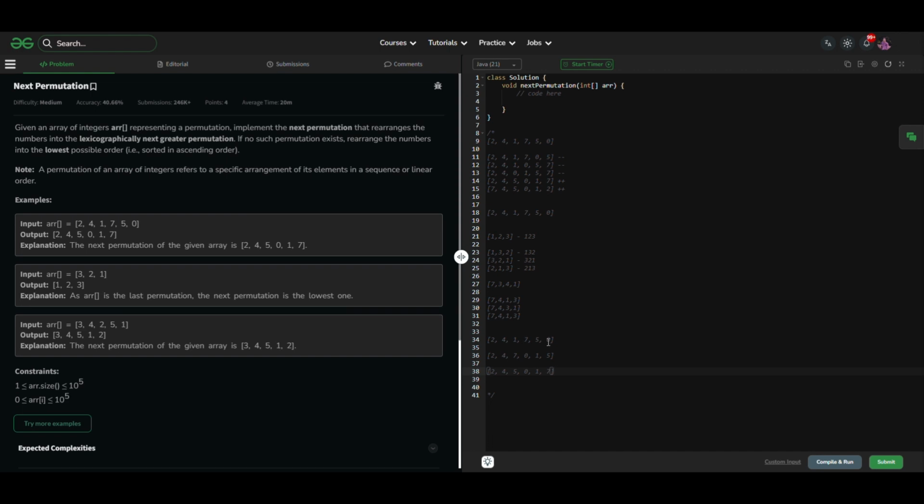But the next greater should be greater than 1, but we can also switch 5 with 1, right? So we have to place a number that is greater than 1 in the highest order, the third from the left side,